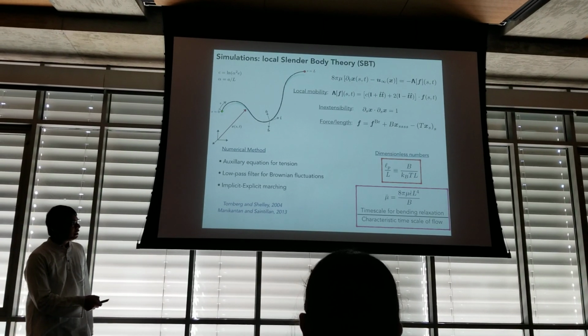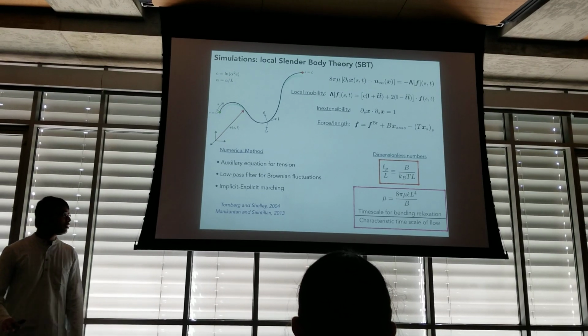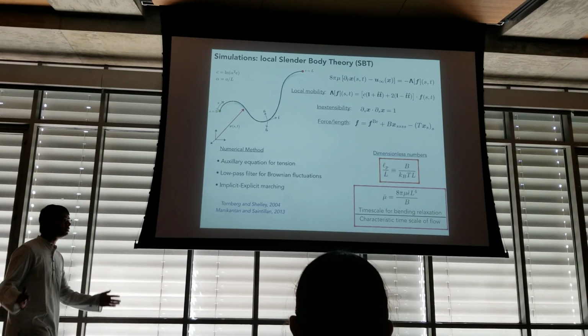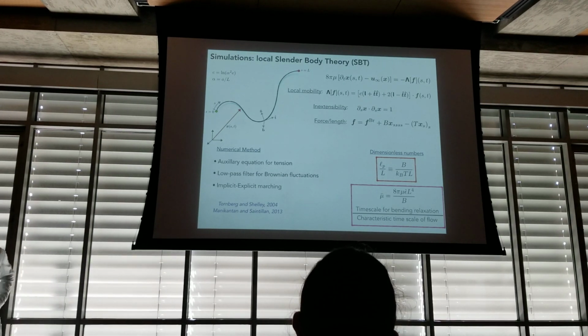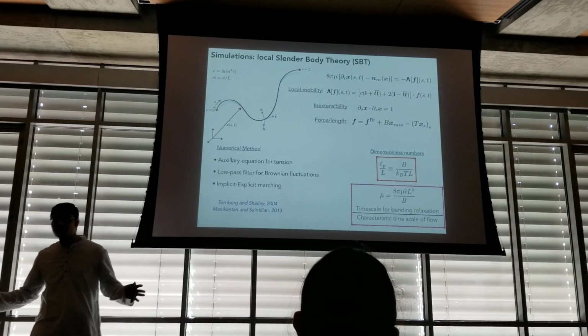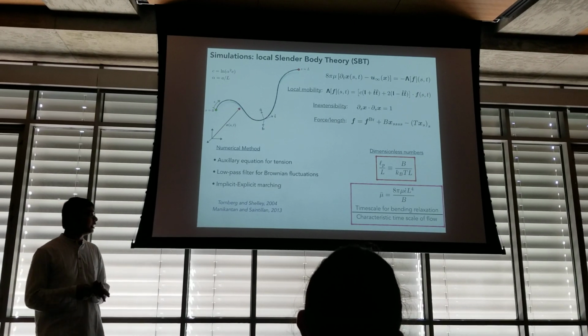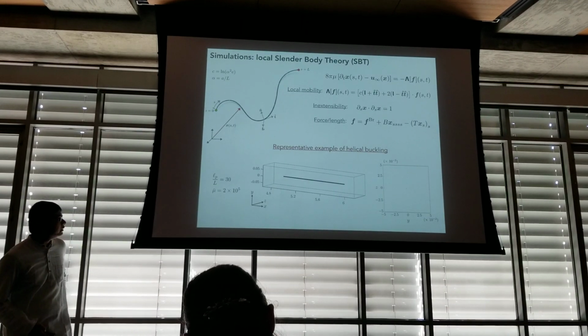The main control parameter, however, in the problem is mu bar. It's called the elastoviscous number. It's a ratio of the time scale of bending relaxation to the time scale imposed by the flow. And I want you to think about this number as a force signal. So essentially, if this number is large, then there are strong hydrodynamic forces trying to cause Euler buckling. That's the best interpretation. I will skip the details of the numerical method to show you a movie from my simulation.